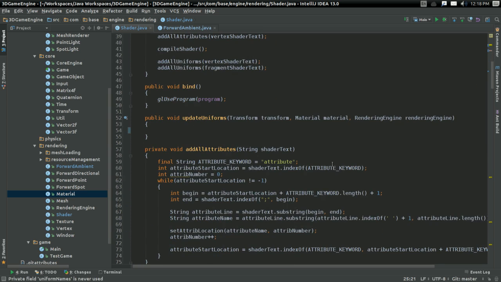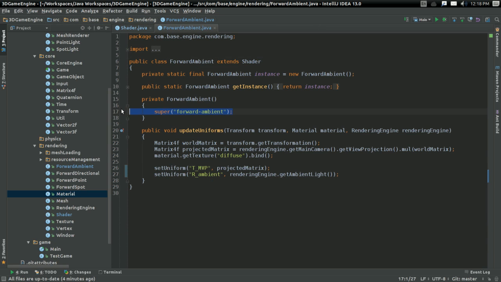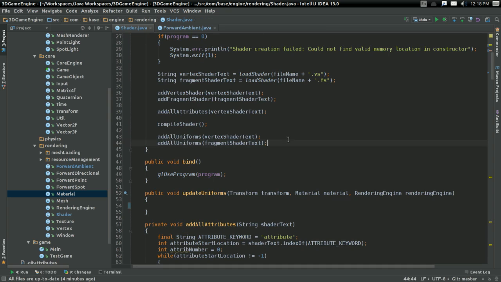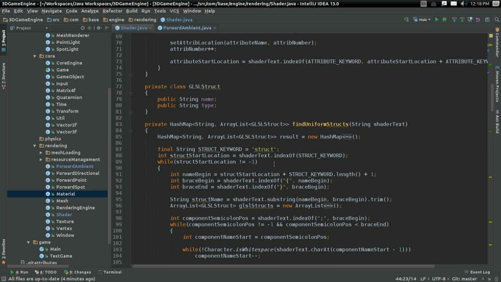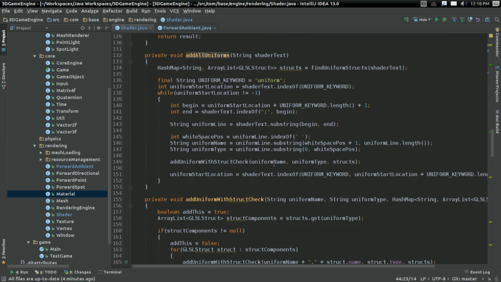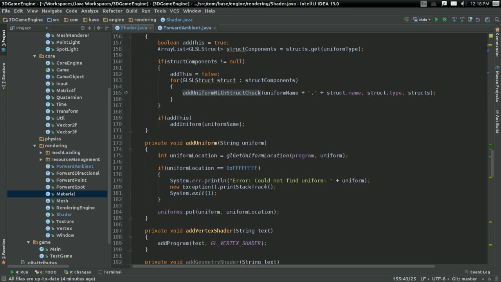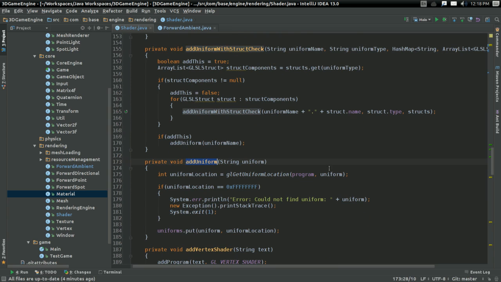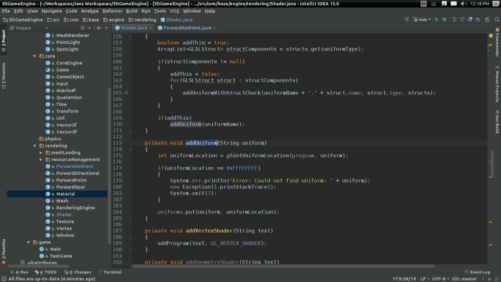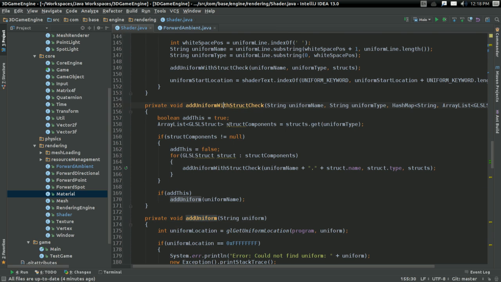And all I have to do here, see, this is kind of the nice thing about having everything done with the one constructor in the shader class. Because I know all the uniforms will be added with the addAllUniforms function, right? So, all I have to do is wherever I actually add the uniform, in this case it's addUniform with struct check, and in fact, since I think the addUniform function is only being called from here,